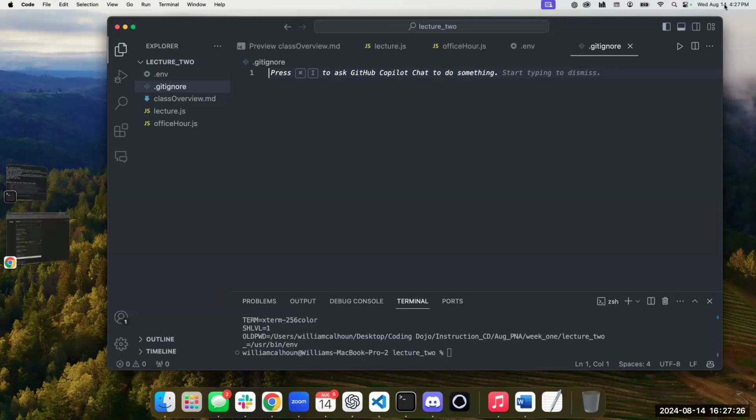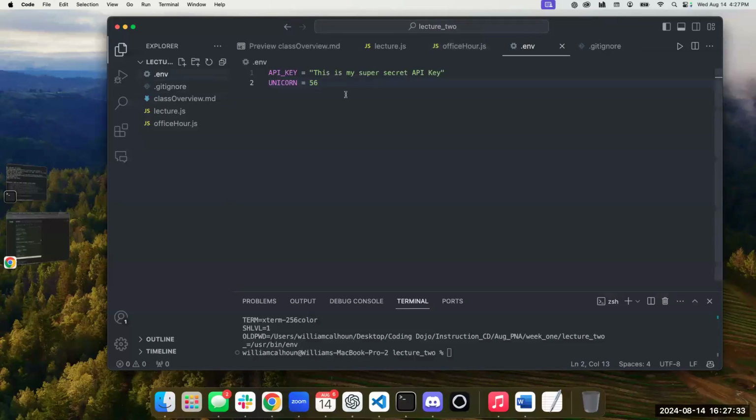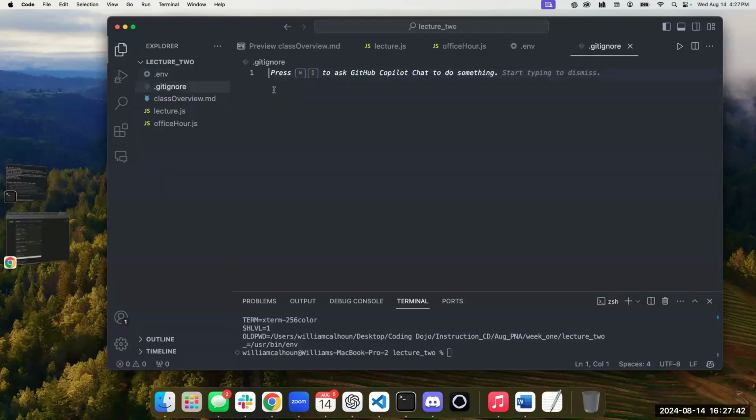But anyways, whenever we are pushing our code, there might be files we don't want to push up, i.e., we don't want to push up this .env file, sorry, that has all of our secret information. So within our .gitignore, we can just put .env. And so what that's going to do is, if I were to push this to GitHub, it's going to take every file and push it except for .env here. If you took the MERN stack, then you know that you definitely don't want to push